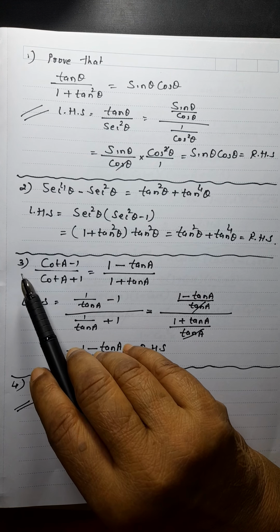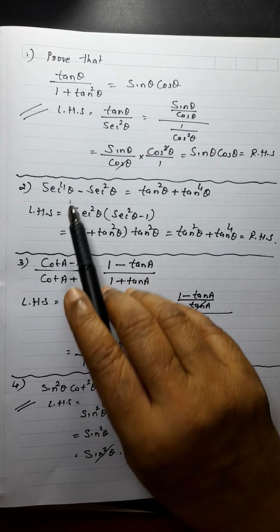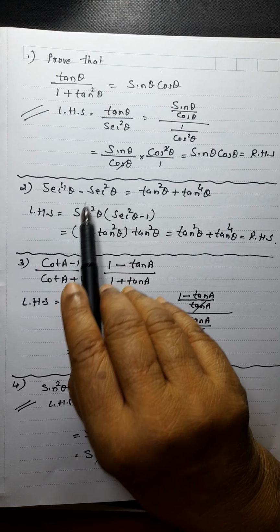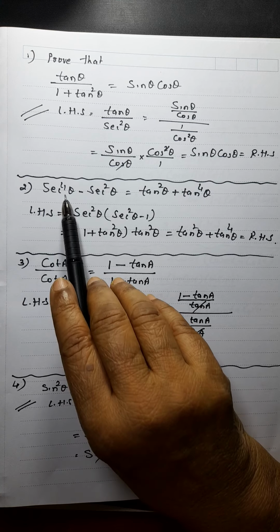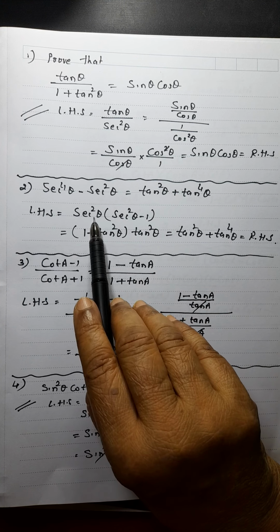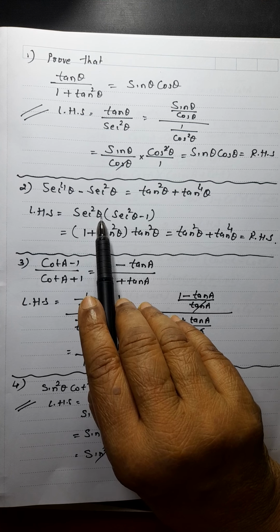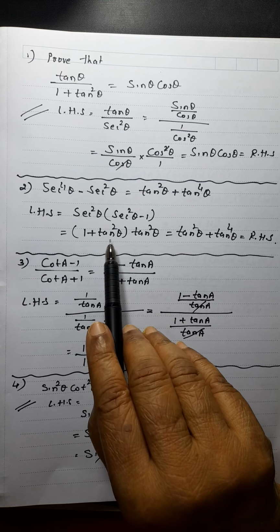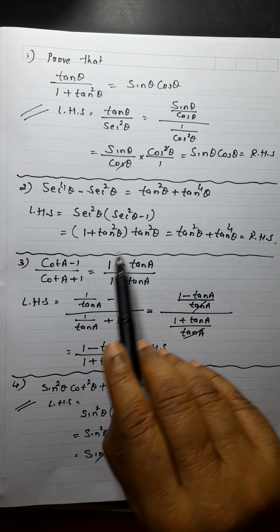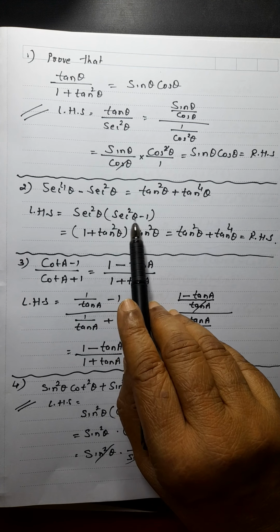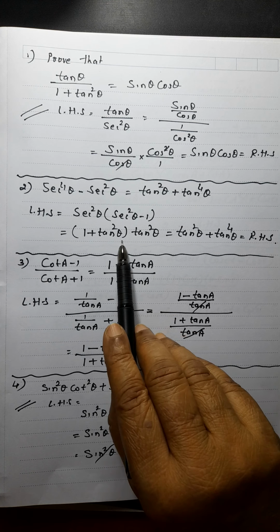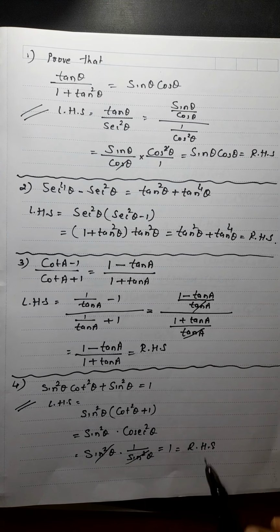Very simple problem. Now in this problem, don't substitute for sec here. You take sec square common. So sec square theta minus 1. Because here it is in terms of tan, you try to write sec in terms of tan theta. You know sec square theta is 1 plus tan square theta. And sec square theta minus 1 will become tan square theta. Because if you substitute this one as 1 plus tan square theta, 1 cancels. Now you multiply, you will get this answer.